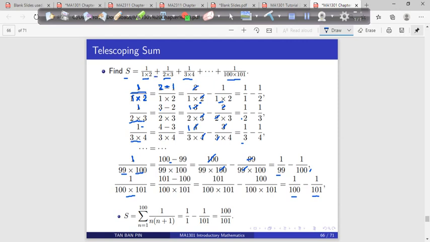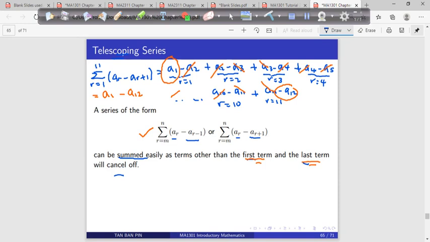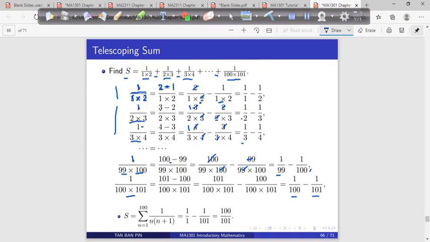Remember, you are summing them. And by observing this, you write it into a difference of two fractions. And then you'll find that it fits into what we consider here. You're going to sum a difference of two terms, A_r minus A_(r+1). Okay. So you'll find that you split it in this way, then it's a difference of two terms, and you're going